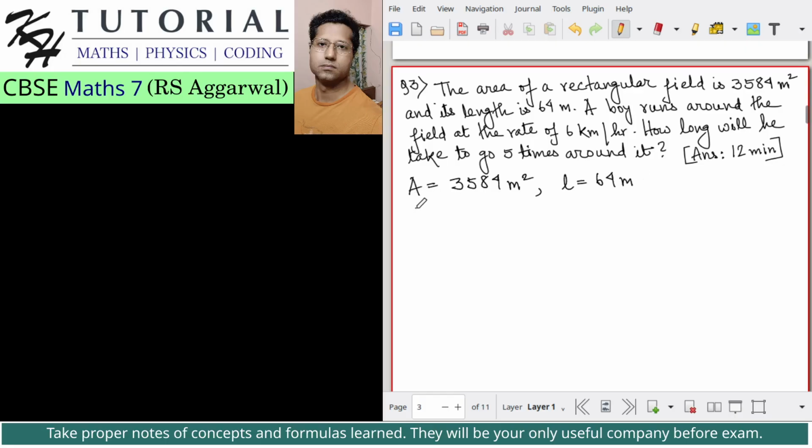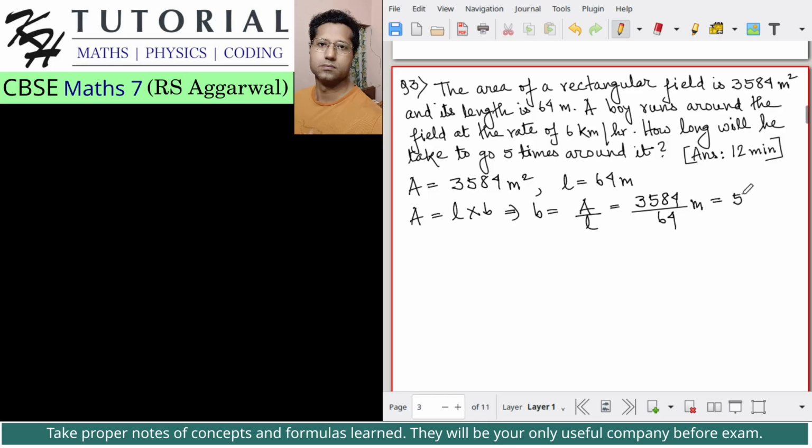We know that for a rectangle the area is equal to length into breadth. So breadth will be equal to A by L, that is area divided by the length. So this will be equal to 3584 divided by 64 meter, and this is equal to